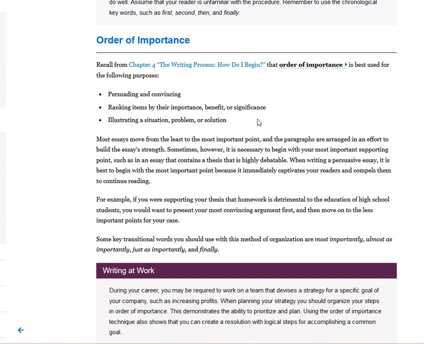When writing a persuasive essay, it is best to begin with the most important point because it immediately captivates your reader and compels them to continue reading. For example,